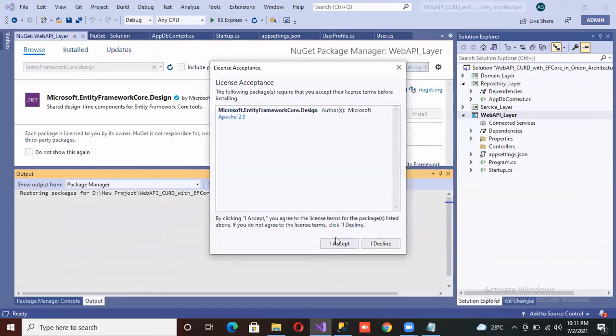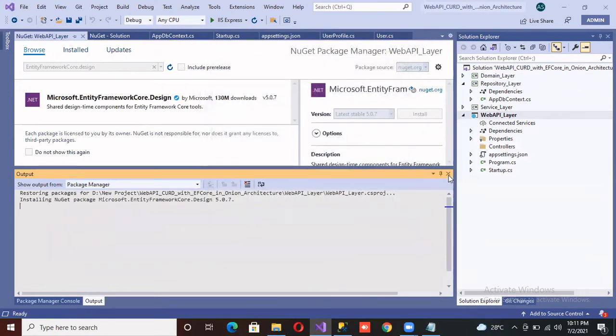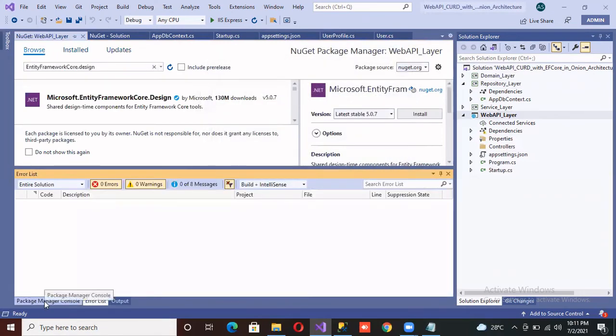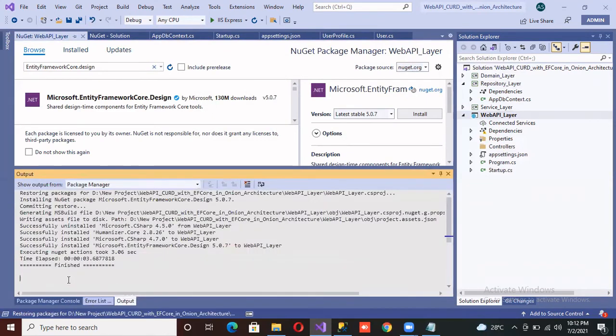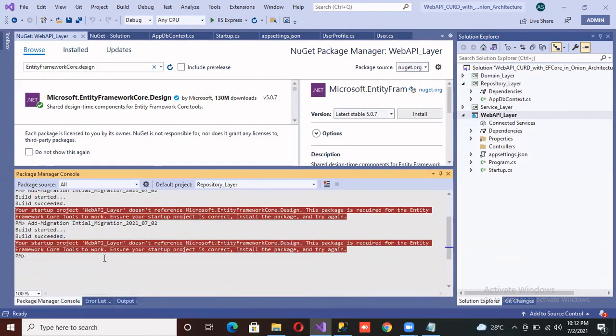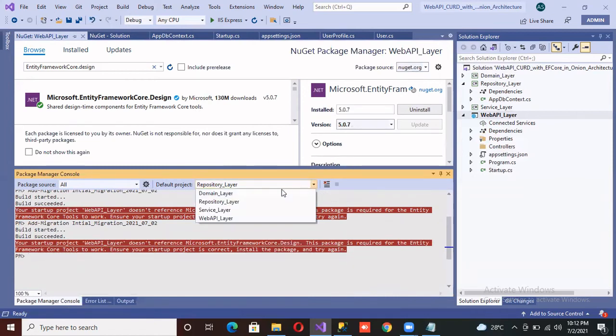Okay. Now it's going to update. Okay, it's finished. Now again I'll just show you, with the domain whatever the web API startup.